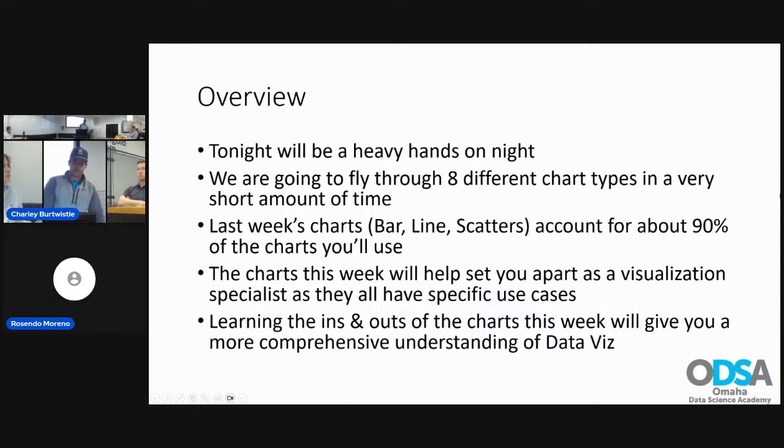So like I mentioned, heavy hands-on night. We're going to fly through these 8 different chart types in a very short amount of time. Already mentioned we're going to use the ones we covered last week a lot, but I do think that being able to say, hey, I can build a tree map, or I can use a Gantt chart, is going to be kind of what sets you apart as, okay,